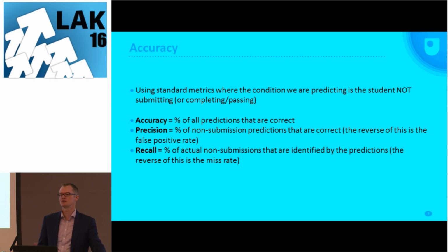So we use the standard accuracy metrics, precision, recall, but even I'm being recorded, aren't I? Maybe I shouldn't say this. Even at our executive level, we have a wide range of comfort with statistics and even graphs, let's just say. So I could put this up in front of even our executive board and I would get huge engagement with part of that group and complete disengagement with another part of that group, and that is common across each level